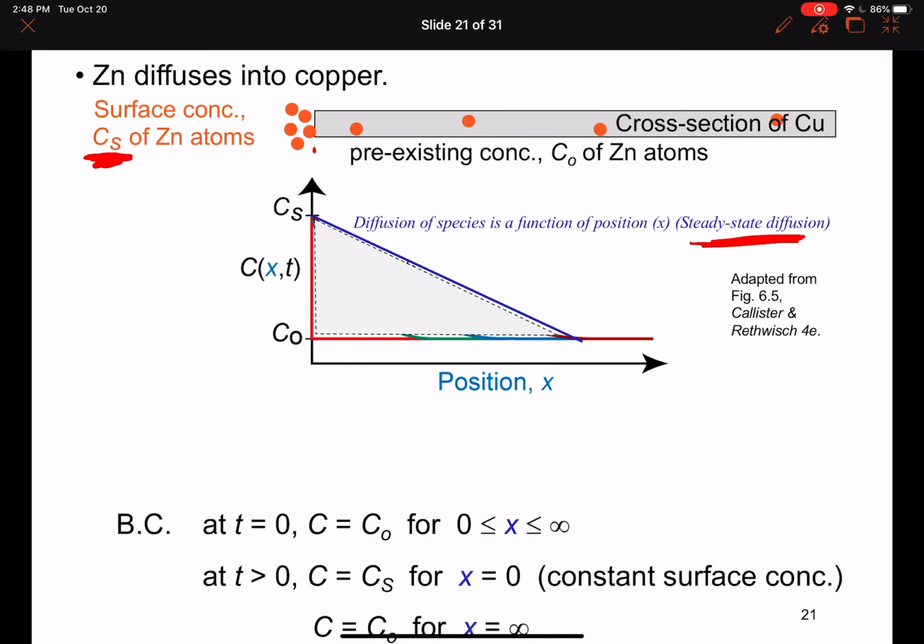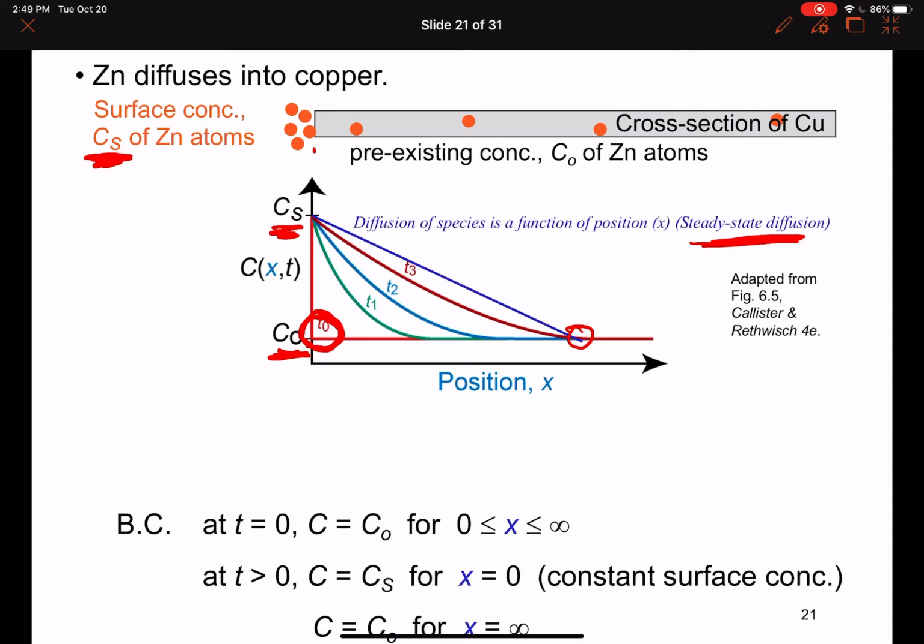Okay, so we want to watch this profile now as it might change with temperature, or time. So early on, at time t equals 0, this is the moment before any diffusion has occurred, we have no concentration of the diffusing species, zinc for us in this analogy. None of it is in our penny, and it doesn't matter how deep we go into that penny, that concentration value is the same, okay? So it stays equivalent to C naught, provided we haven't done any diffusion,